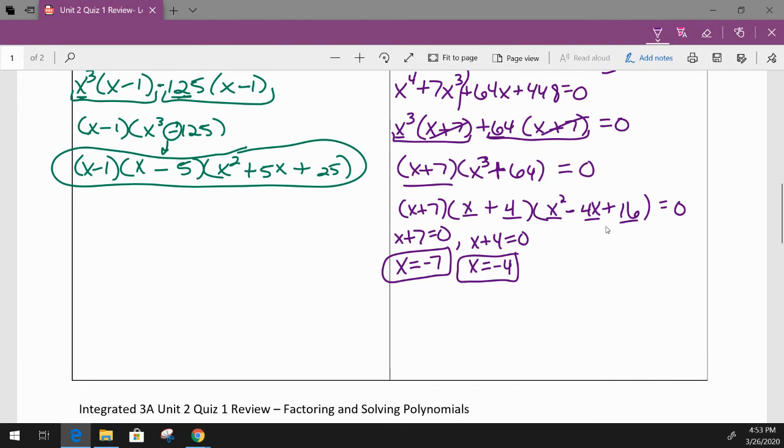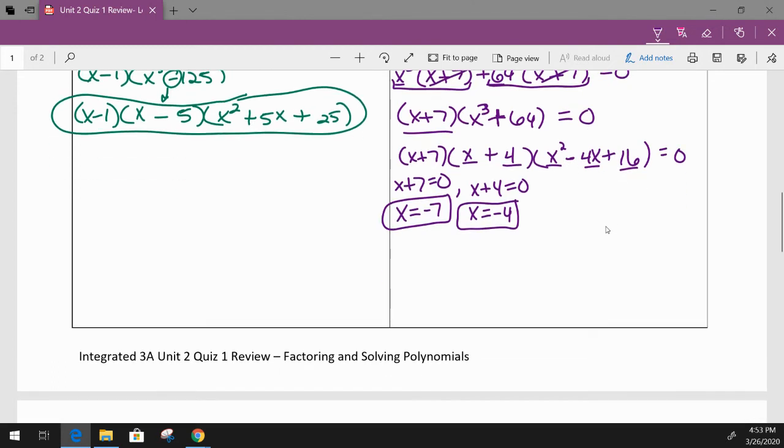And if it cannot be factored, then you must use the quadratic formula. So the quadratic formula states that x equals the opposite of b. So a is 1, b is negative 4, c is 16 in our formula. So the opposite of negative 4 is positive 4, plus or minus the square root of negative 4 squared is